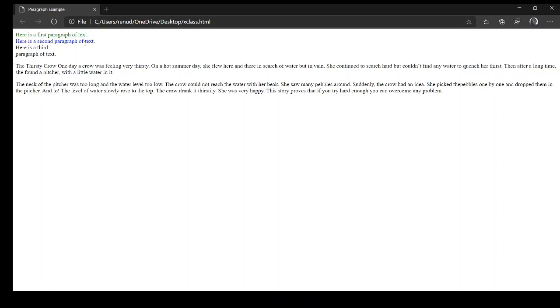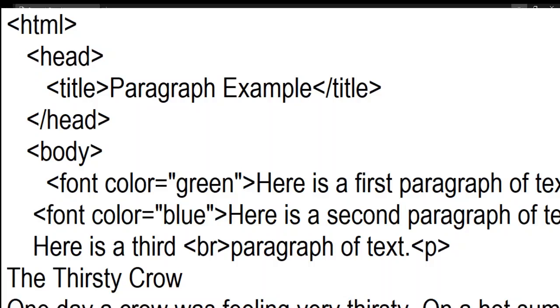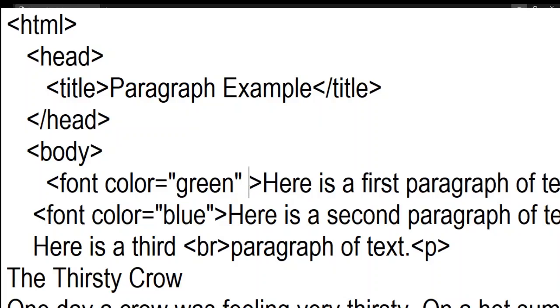So let's start the next attribute. Minimize the web browser. Again open your notepad here. For example, now we want the size of this paragraph to be 5. Then give one space between the two attributes, because the font tag has three attributes: color, size and face. And here color we have already put.